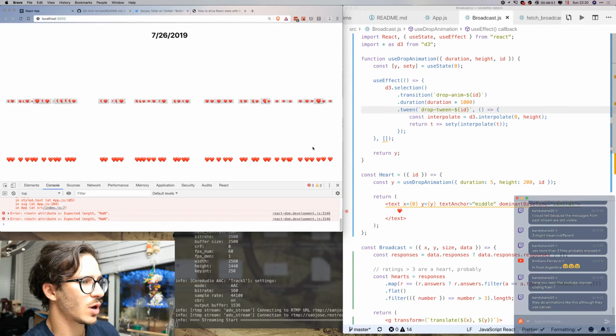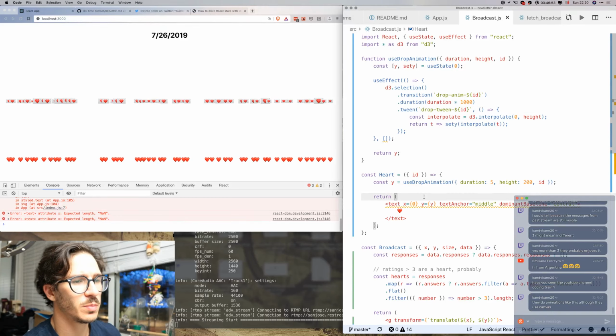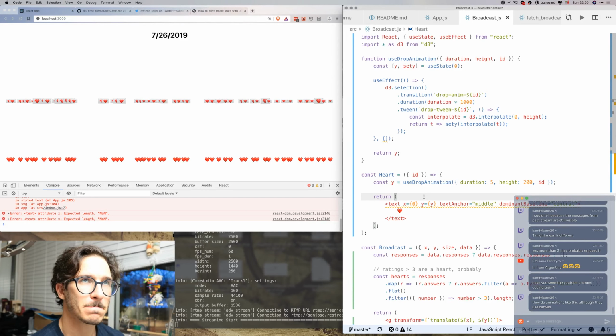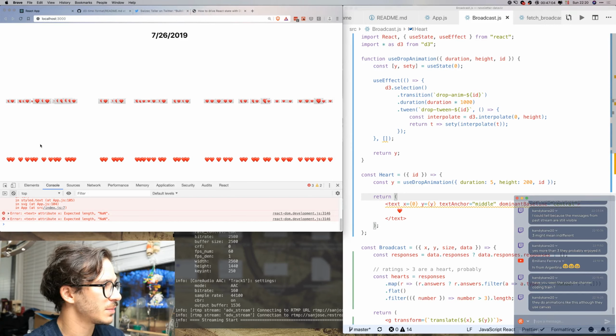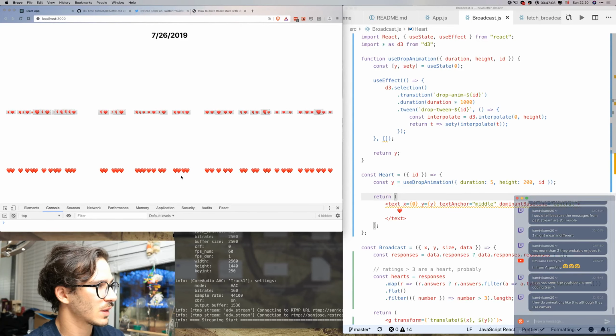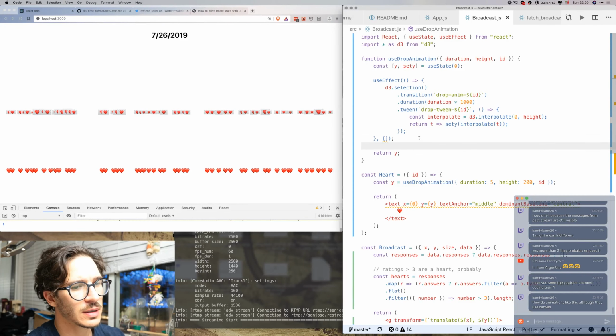It's also not dropping as many of them as I thought it would, because the transitions need a delay. Yeah, so the delay needs to be based on the index, and that's going to make it work better. Right. So we've got these guys. Now let's add